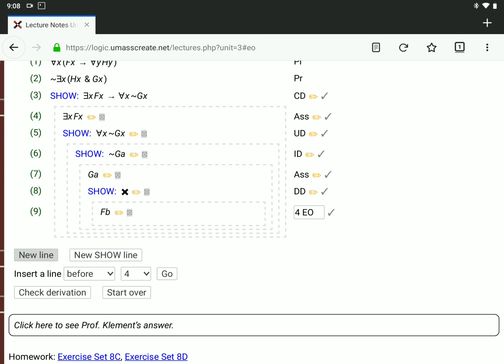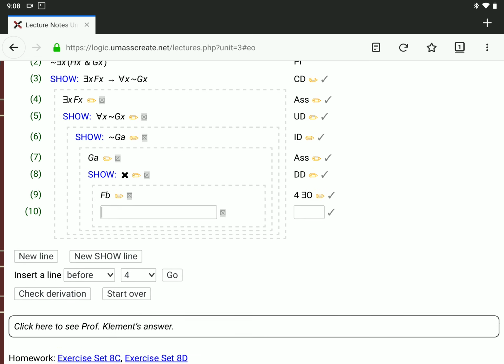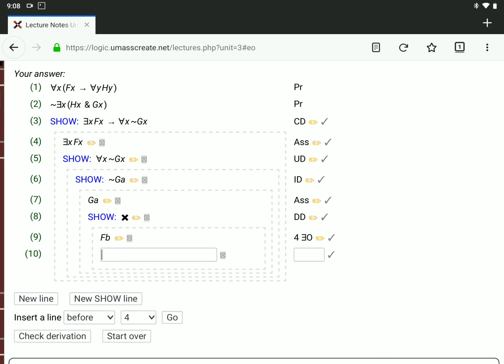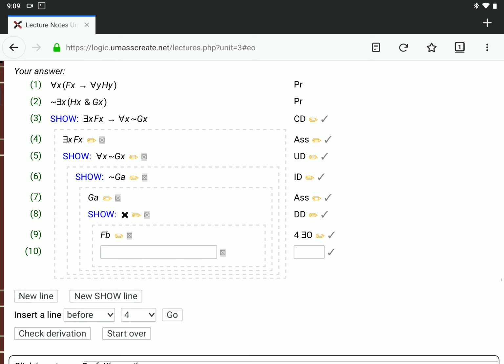Now I can't do existential out on 2 because the main operator is the negation, right? So what I'm going to do with 2 is I'm going to try to get the opposite of it for my contradiction. I'm not going to try to deal anything with 2 yet. Would be nice if we had a negation rule, but we haven't learned those yet. So there's nothing we can do with 2 other than get a contradiction with it. We can do something with line 1. Now we can do universal out on 1. We get FB